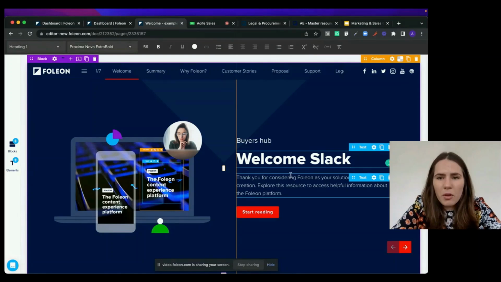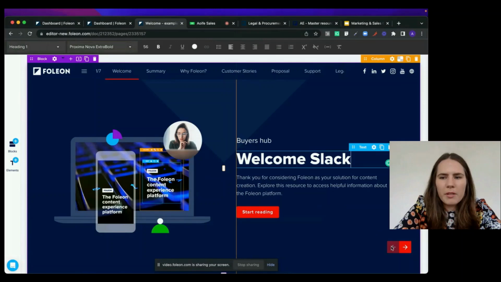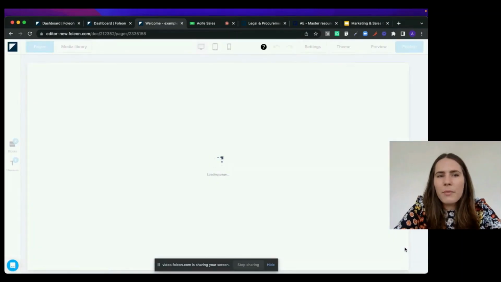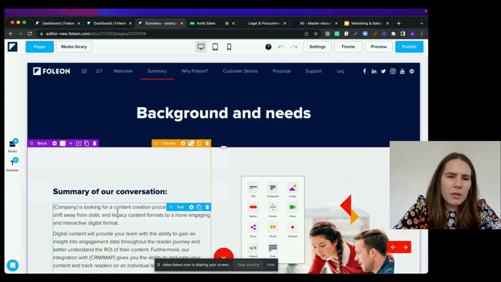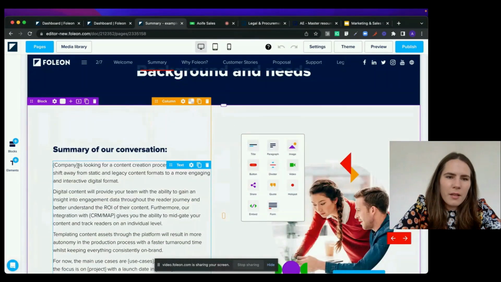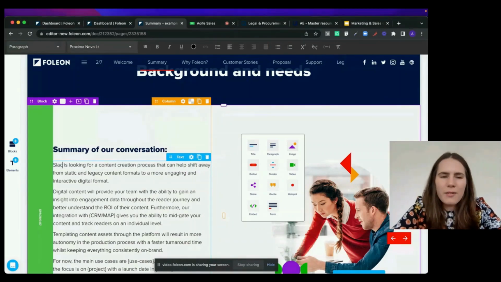Of course, you can identify individuals here. If you spoke to Mary and John, you can, of course, write their names, or the sales members can write their names in here to make sure it is more personalized. And this is pretty much the extent of editing that the sales team needs to do. You'll notice as well that everything here that the team needs to edit is actually contained within a text box,